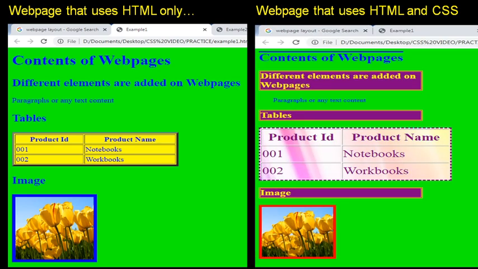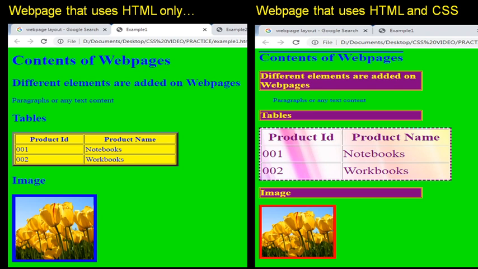Now just compare the two web pages. The web page where we have added CSS looks more attractive. We have added different styles to the different elements of HTML.